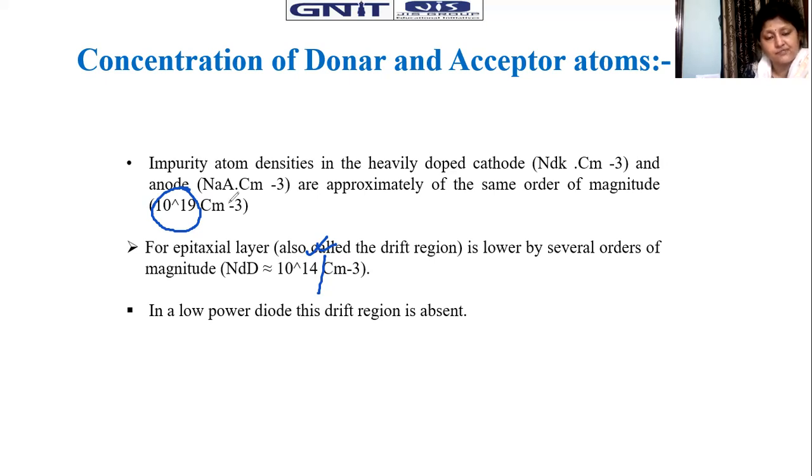It is needed because the device has to block the voltage. Unless the device is blocking a much larger amount of voltage, we cannot get a high voltage rating. And the donor and acceptor concentrations carry a huge amount of current, the anode to cathode current, so the power rating of the device is very high. You have to keep in mind that the donor and acceptor concentrations are very high compared to the N minus layer. Let's move.